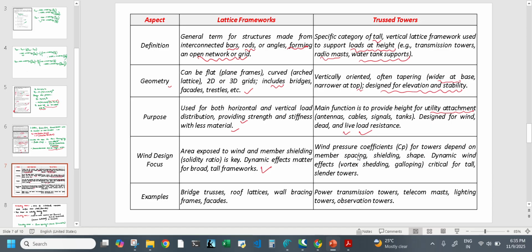Wind pressure coefficient depends upon the member spacing, shielding, shape, and dynamic wind effects, vortex shedding, and galloping. Examples: bridge truss, roof lattice, wall bracing, and frame span brackets, power transmission tower, telecom mast, lighting tower, observation towers. And now